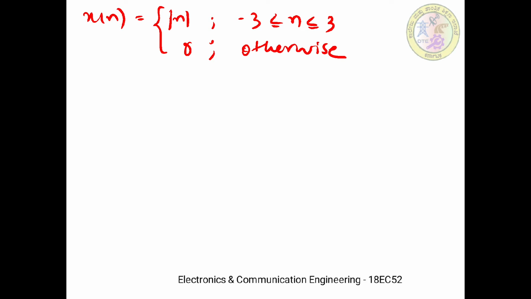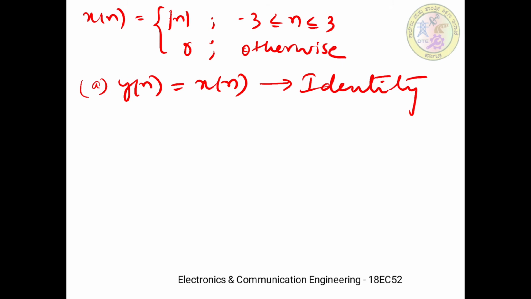Now we can write different expressions of the outputs by various relations. For example, now I want to evaluate like this: y of n is equal to x of n. So this is one input output expression. Here, as it is given that y of n, which is nothing but the response, is equal to x of n, that is the input or the excitation, this system is known as an identity system.